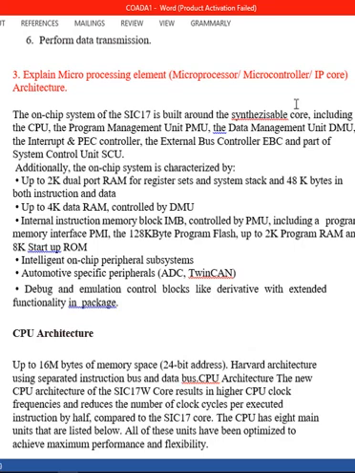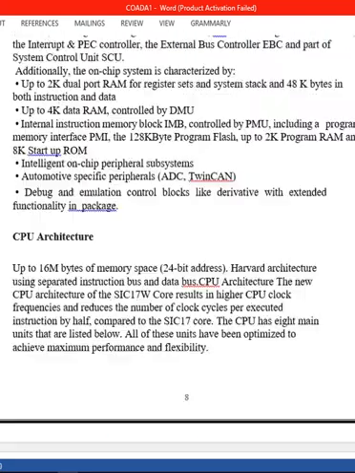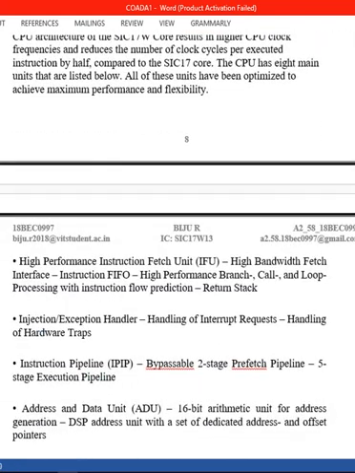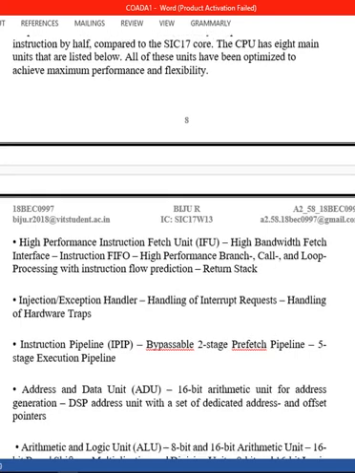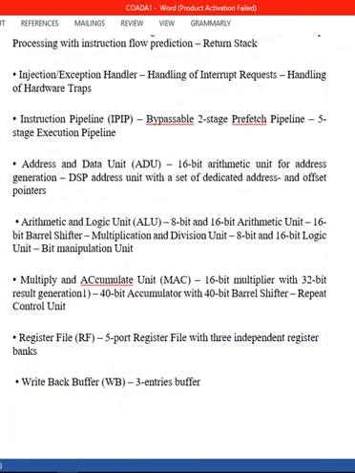This has flash memory of 48 kilobytes for both instructions and data, and the embedded RAM is 2K bytes, and 8 24-bit general registers, 2 24-bit special registers and 1 8-bit special register are also available in the microprocessor. It supports up to 16 megabytes of memory space with 24-bit addresses, and SIC17W13 uses a Harvard architecture. This architecture uses a separate instruction bus and data bus.